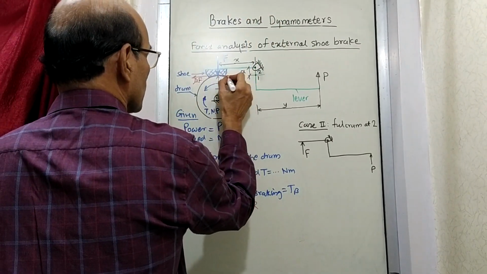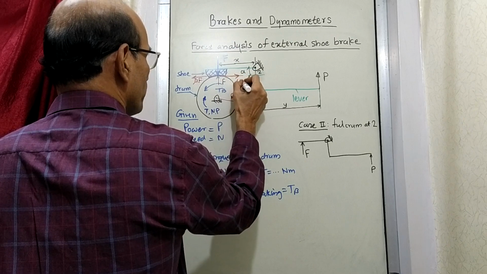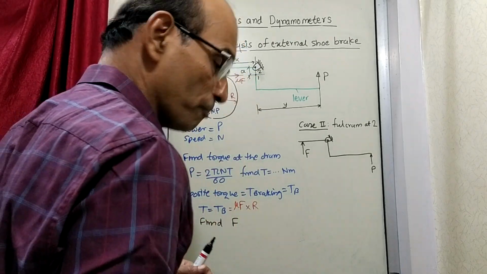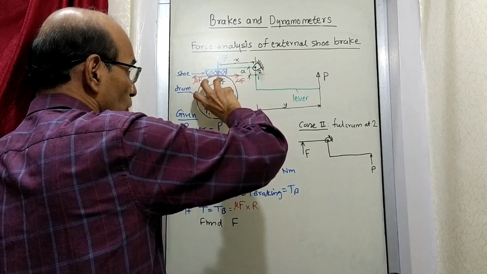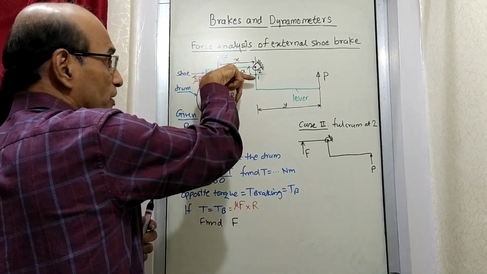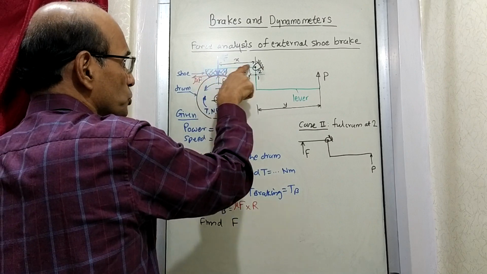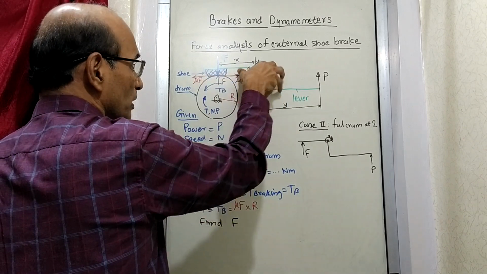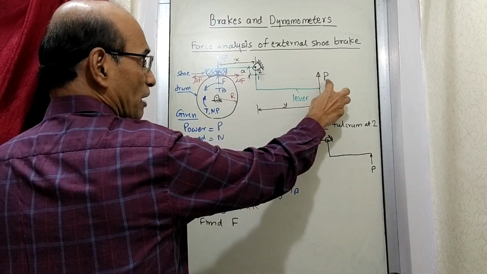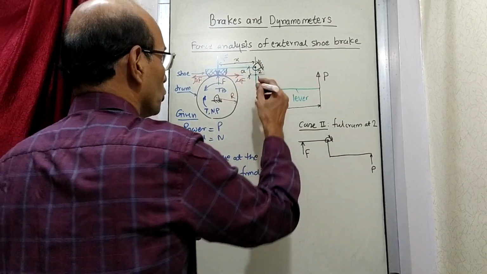This is the force which is same, mu F. This mu F is applied by the drum on the shoe, because the drum is rotating, that means it is pushing the shoe like this. Pushing the shoe means, since the shoe is attached to the lever, it is like pushing the lever. So this is causing the lever to tilt like this. Just like effort P is causing the lever to rotate like this.